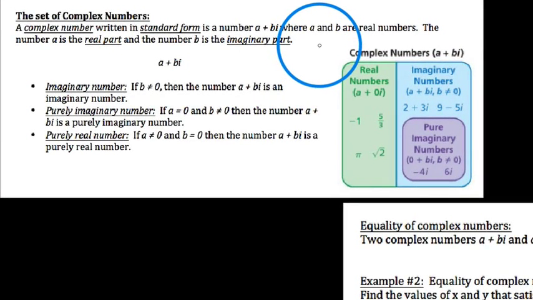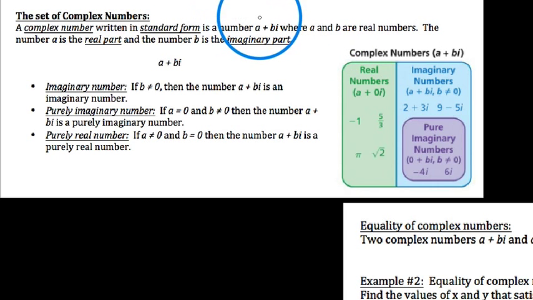In my last video, we introduced the concept of the imaginary unit i. In this video, we're going to use that concept to build what we call the set of complex numbers. And so we say, by definition, a complex number written in standard form is any number a plus bi, where